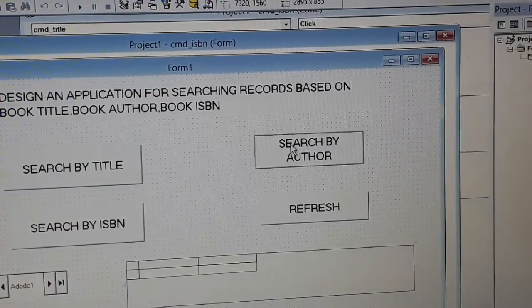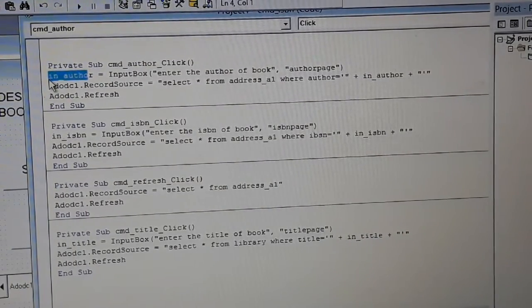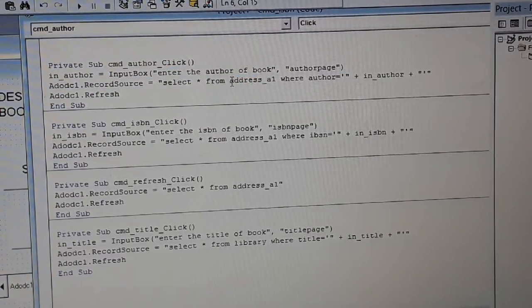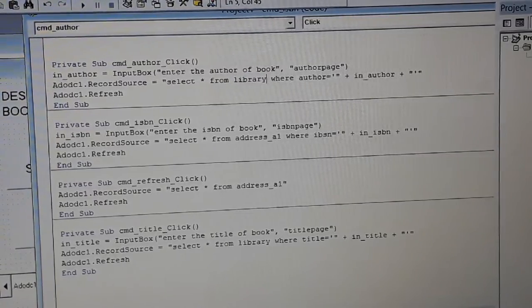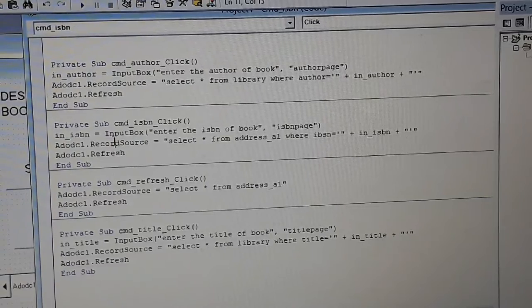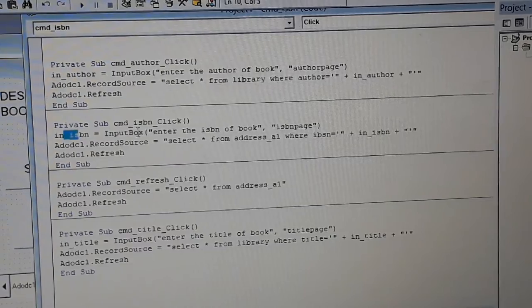In a similar way for author, the same thing repeats, but now we are taking an input with respect to author. I will take a variable inAuthor, with the prompt enter the author of the book. Then select star from library where author is equal to inAuthor. In a similar way for ISBN, I give a variable inISBN.